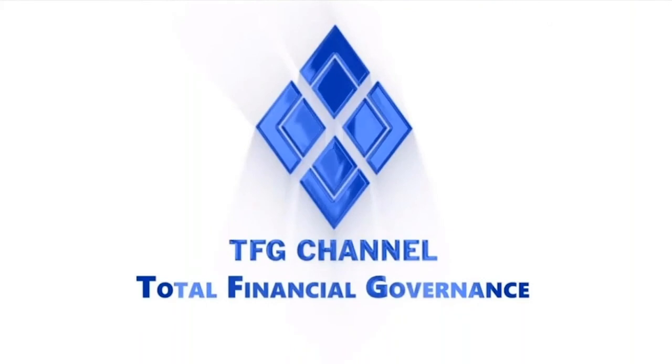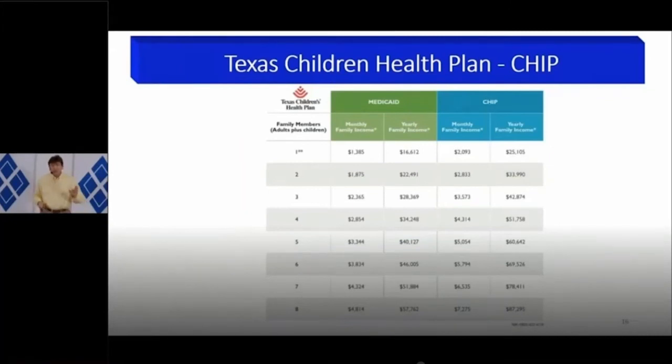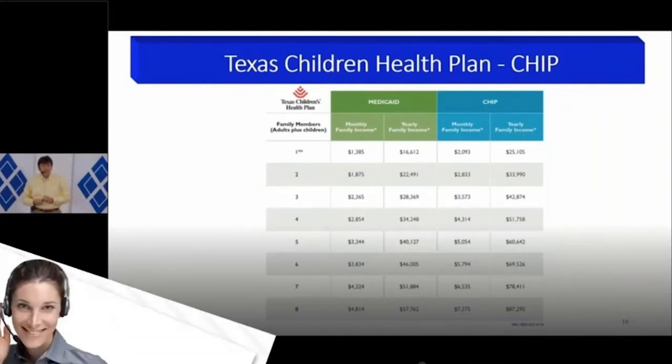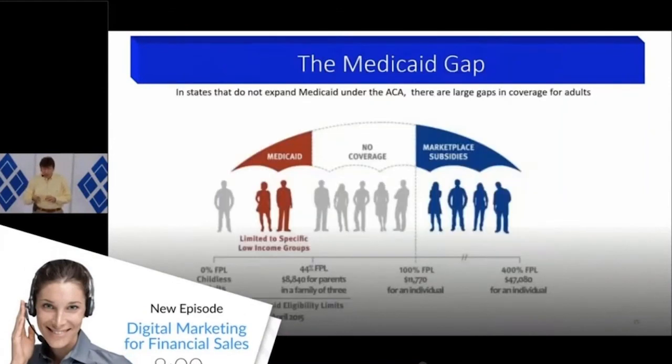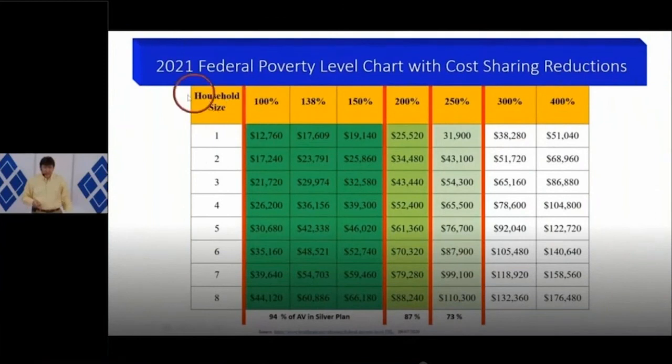TFG channel. And then you also have the Texas Children. Another, this is part of a program on financial literacy for individuals, for the ACA, and it shows you what's coming up, other programs that are coming up at what time. So if you're on this side of the table here, and in certain instances, and depending on the state you are in,